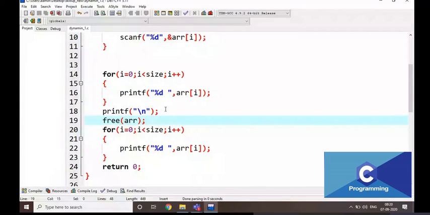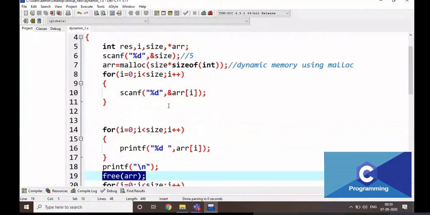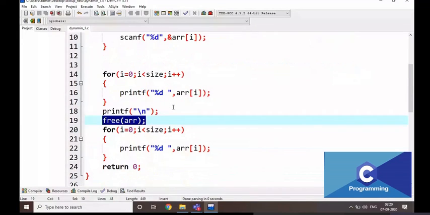That means this is the one added advantage here. If you allocate the memory using malloc or calloc, we can free the memory. But in static memory location, if you are taking A of 100, those 100 values are going to be stored. That means we have to maintain them. That's it. There is no free option there. But here, after the usage of those memory locations, we can free them.